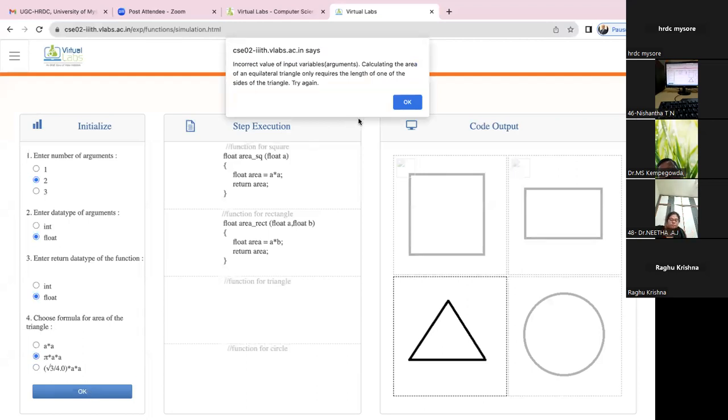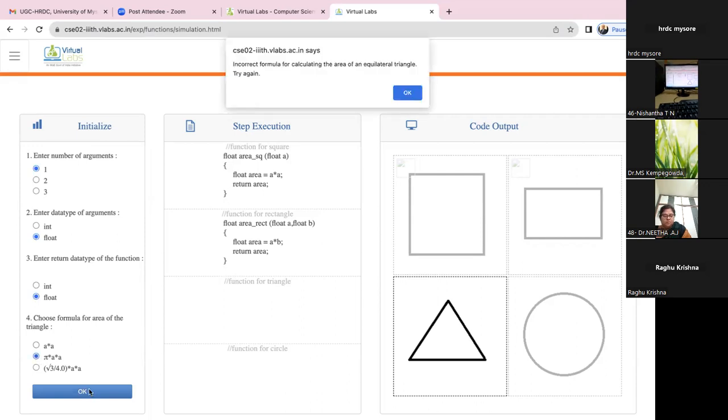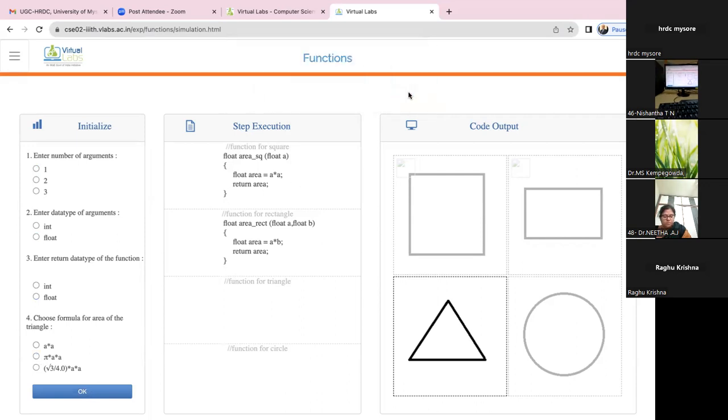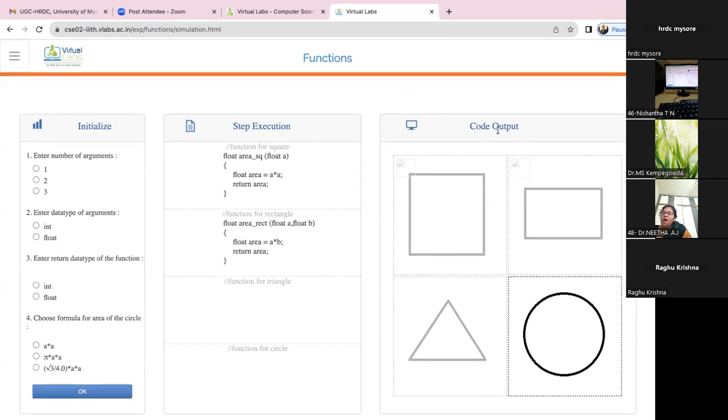Now you can see, as I already mentioned, I have to select one. Again, here it is a float. Again, float. So again, incorrect formula. Again, you can select a different one. So like this, students are going to do this, and finally they are going to execute this function. Okay. So this is how it is. The students are going to understand